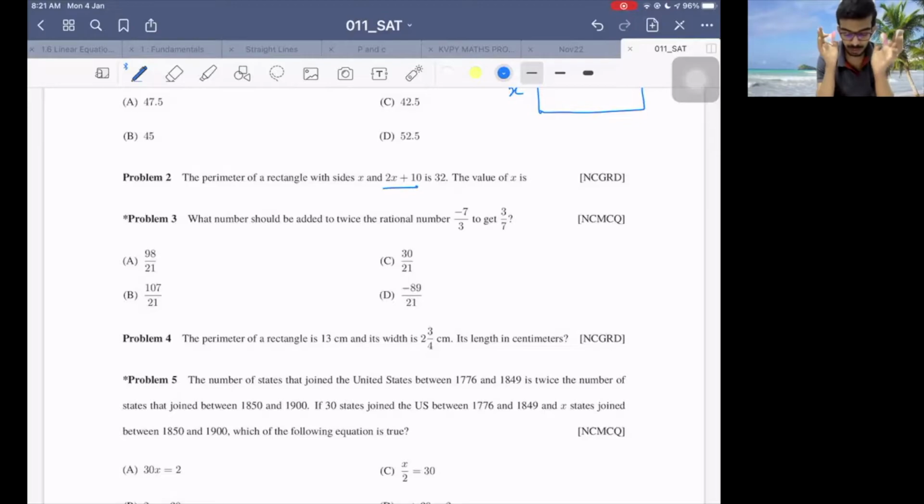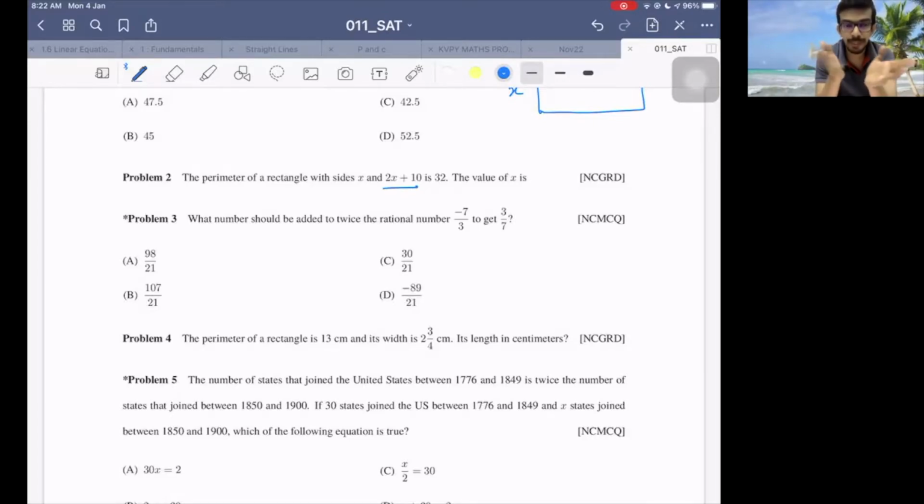What number should be added to twice the number minus 7 by 3 to get 3 by 7? So the idea is you have an unknown quantity. You call it x. So x should be added to twice the number minus 7 by 3 to get 3 by 7. That's the idea. So when you have a word problem, you have to first understand